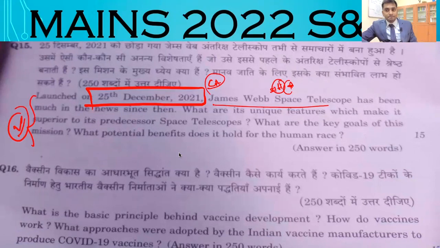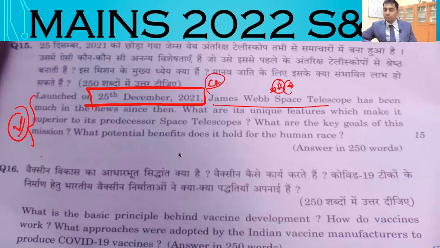So what I say, this is not something out of the blue. This is something which is well in your preparation range. If you are following the current affairs, at least if you are following one like Vision test series, and if you are looking at the questions, what are the questions that they asked? These are the questions that they asked, right? So at least what I say is The Hindu is more than enough to solve these problems.